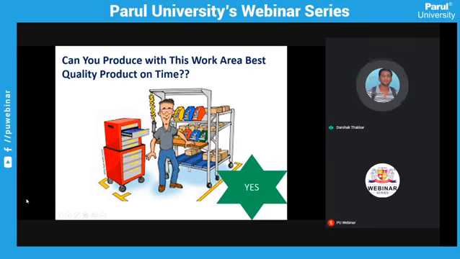You can easily identify the things, so you can easily identify your required tools. You can make your product very neatly and cleanly, and produce the product without any defect and everything in its place. So there is no chance to use the wrong assembly or wrong product to produce your product, right? So definitely you can give the best quality product on time by virtue of this properly managed work area, right? So next we go.